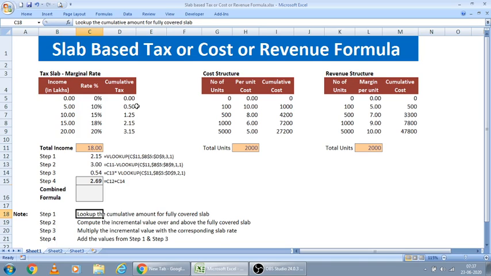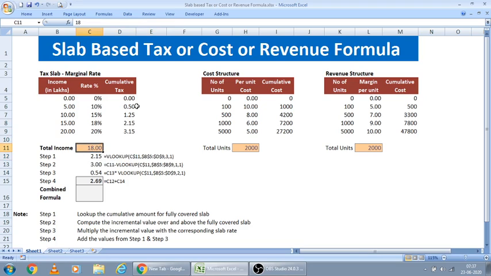It means if the total income is 18 lakhs, let us see which is the fully covered tax slab here. Here 15, it means 18 is greater than this 15 and less than 20, so this is the fully covered slab. So we have to bring this cumulative tax amount in step 1.